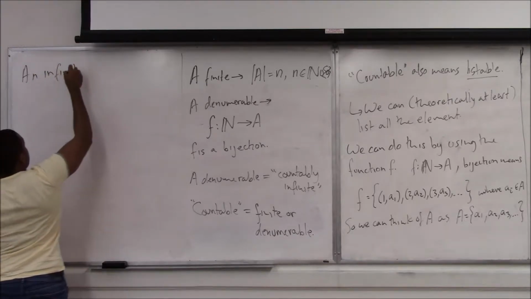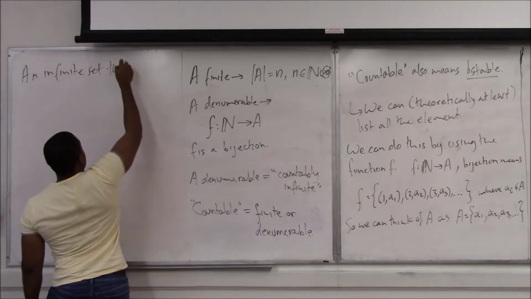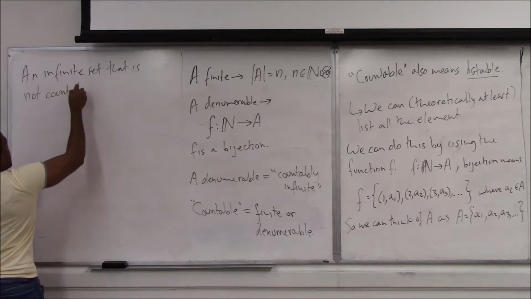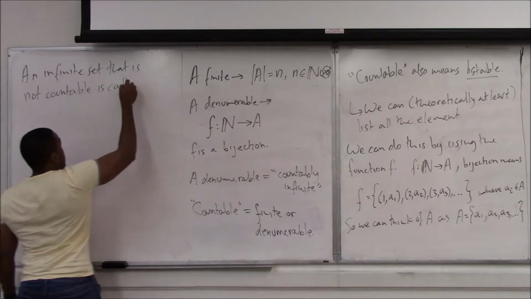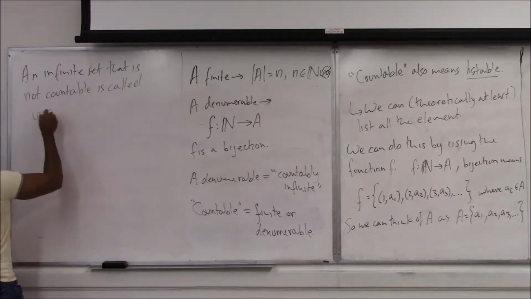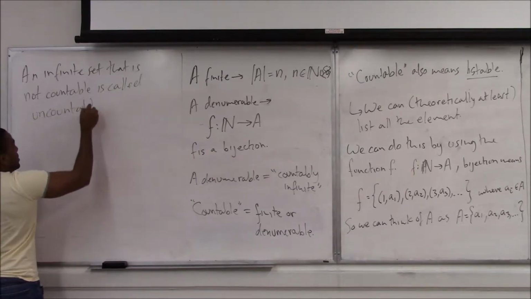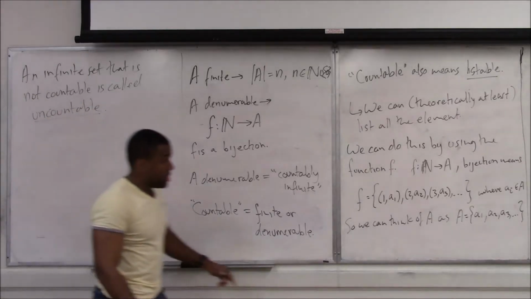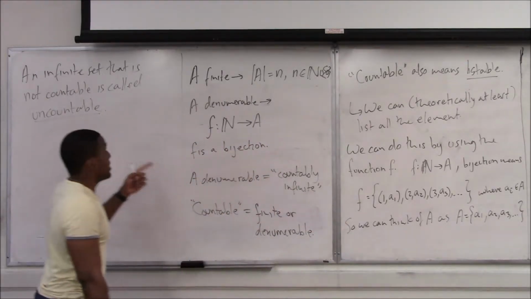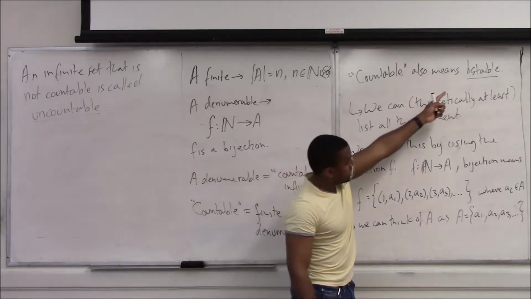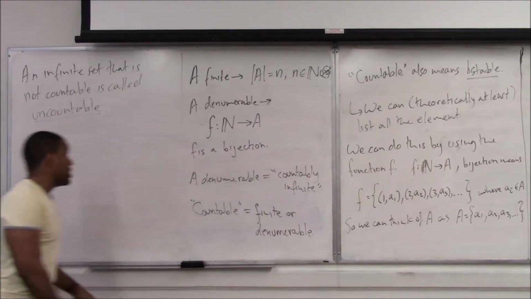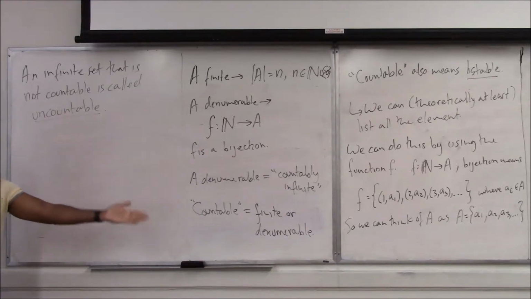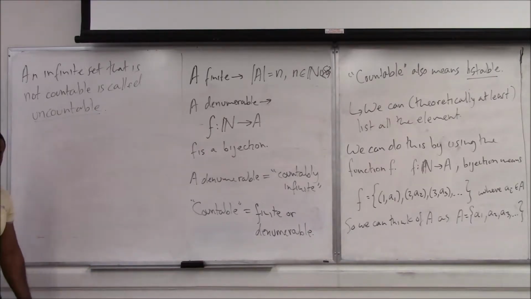An infinite set that is not countable is called, surprisingly, uncountable. Math people are very creative when it comes to choosing names for things. And by the way, countable sort of means listable. So that tells you there is a kind of infinity that's so large that we can't actually write things down in a list. There are too many of them to actually list,